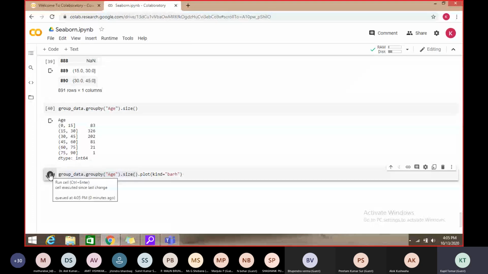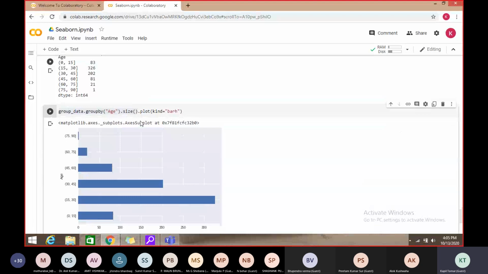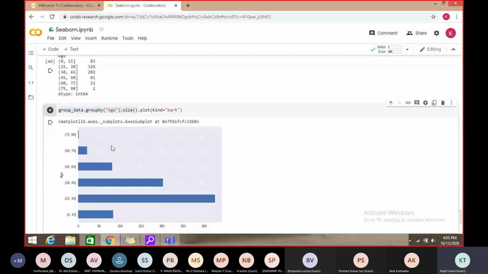Let's see. Right. So it is showing that 0 to 15, how many? Somewhere more than 50 and something. So this is 83.